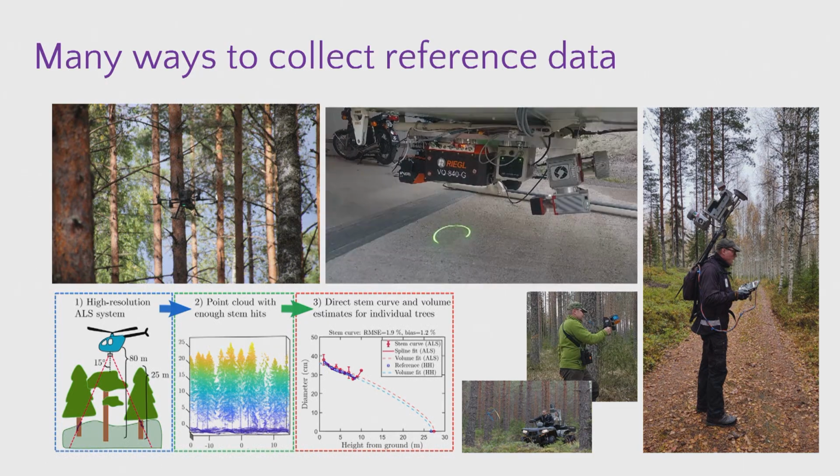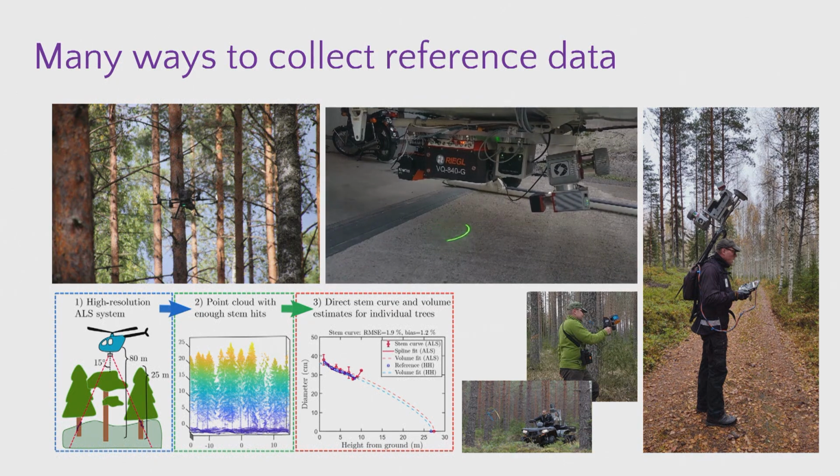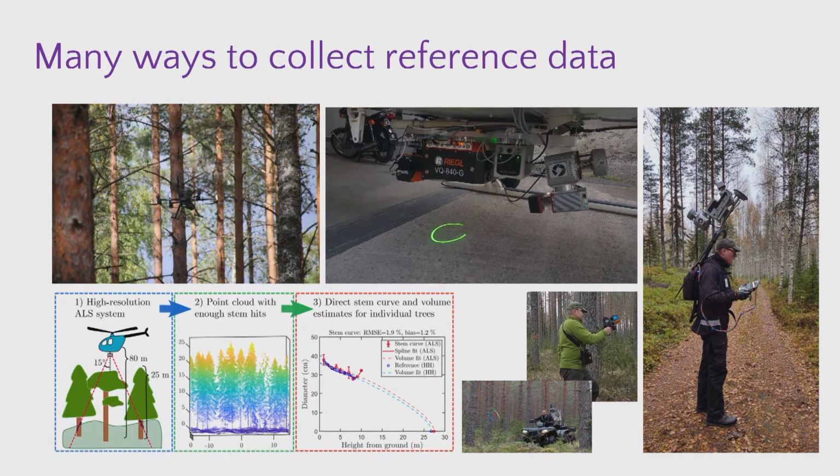So there are many techniques. Most of you most probably use TLS, and that's very nice. That's the highest quality data you get, but it's not always cost effective. If you have mobile laser scanning, it's 4 or 5 times or 10 times faster. And there are many techniques you can use: backpack, handheld, under canopy drone, or even above canopy drone data, or in future you may have harvester mobile laser scanning to do it.